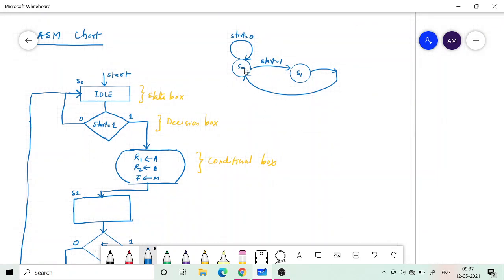It is at S0 to start with, and then it will continue to remain at S0 when the start is 0. We can give done equal to 1. So this is the output it will show. This much only is the state diagram.